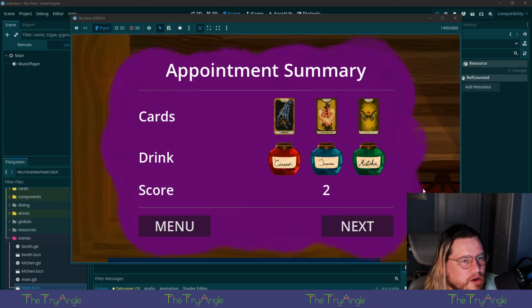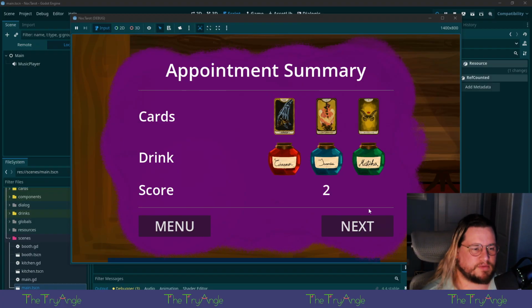Now, obviously, a longer form of the game would want several appointments. So we don't necessarily want to be like, I fixed all your problems. Maybe they come through revelations. I suppose you could try to fix everything at once, but I feel like it'd be good if they came back, because that's kind of how mental health is. You don't just cure depression and go, well, glad I got that out of the way.